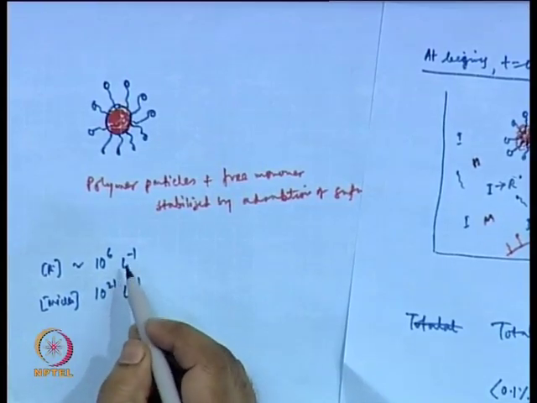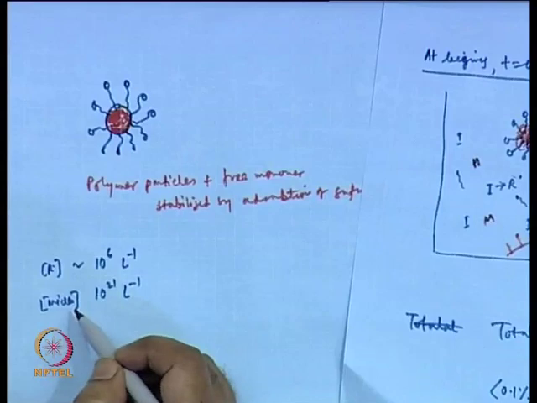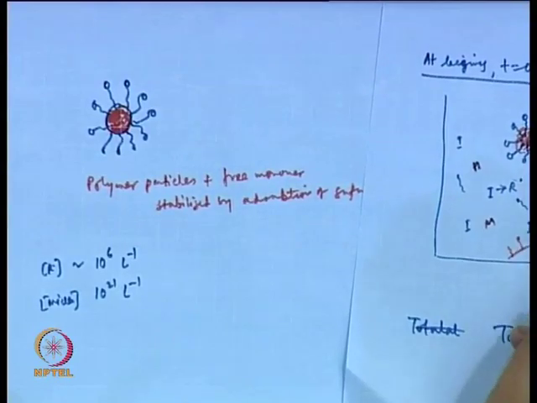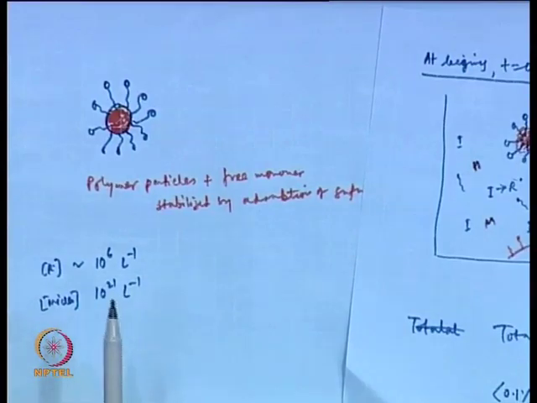So, it is basically 10 to the power 5 times the number of radicals. So, the radical will go into a small number of micelles, which will grow and form particles